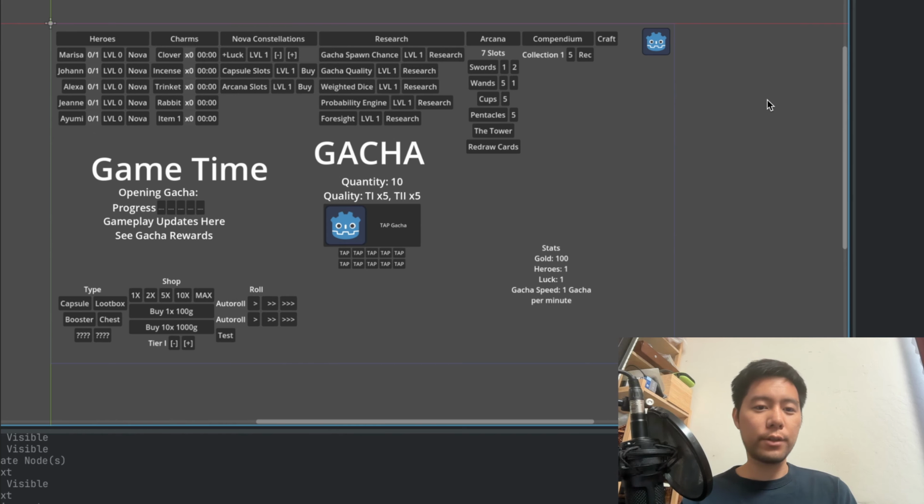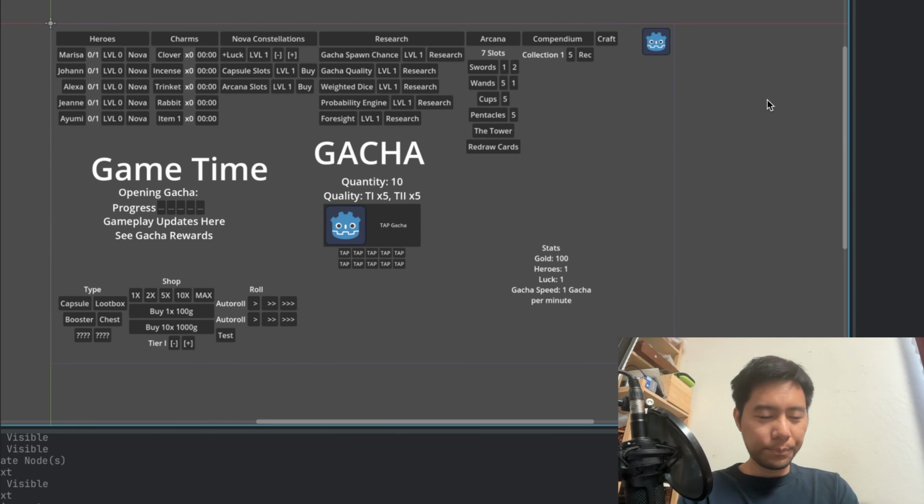I was really just throwing ideas down, putting the text down, putting the buttons down, basically translating what I had in the game design document that I shared in the last devlog